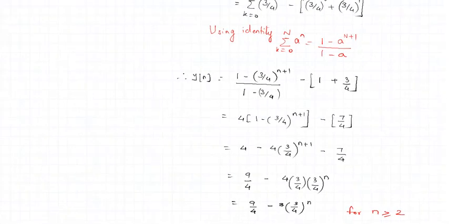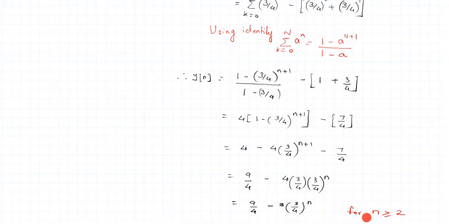Simplifying this equation, we have simplified the entire summation. The result of this particular case of overlap turns out to be 9 by 4 minus 3 into 3 by 4 raised to n. So for n greater than or equal to 2, the result of convolution is 9 by 4 minus 3 into 3 by 4 raised to n. The entire procedure of simplification is as shown here. At the end, you can collectively show the y of n result: y of n is 0 for the case n less than 2, and y of n is this for the case n greater than or equal to 2.